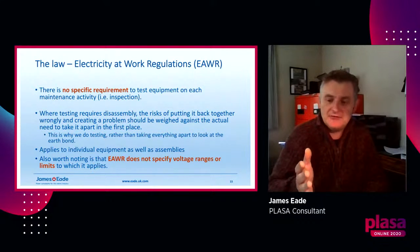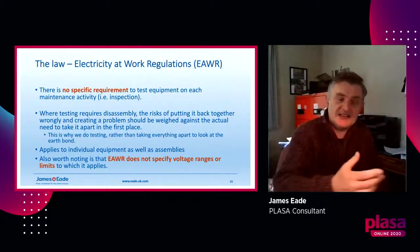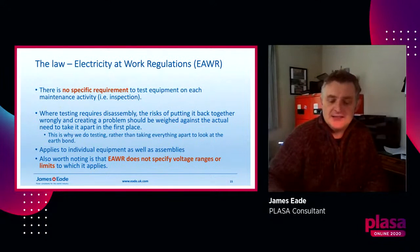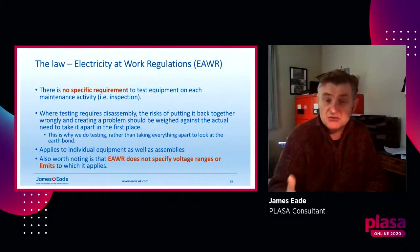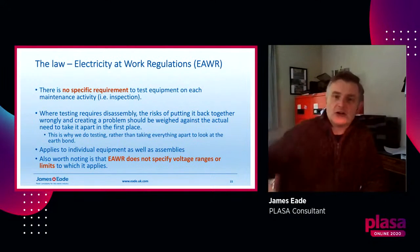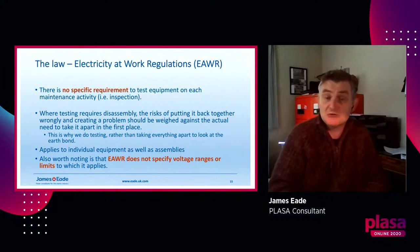Now, if you have a Makita drill, 24-volt drill, you chuck the battery in your flight case, the battery shorts out against your screwdrivers, for example, catches fire, sets fire to the flight case, that sets fire to the building. It puts people at risk of injury, because if people are in the building, they could suffer. So the electrical cause of the fire has given rise to danger, and therefore, although it's 24 volts, really unlikely to give anyone an electric shock, it is a source of danger, and therefore the electricity at work regs would apply. So for that reason, it applies to your mobile phone as much as it does the 400,000 volt overhead network, because if danger can occur from the electrical equipment, electrical energy can cause danger to arise, then the electricity